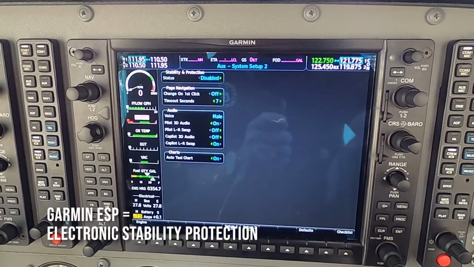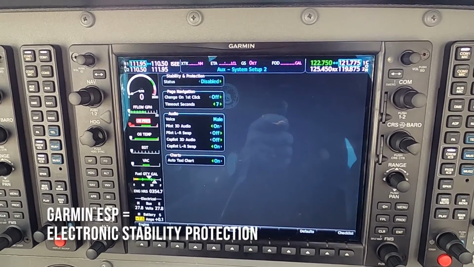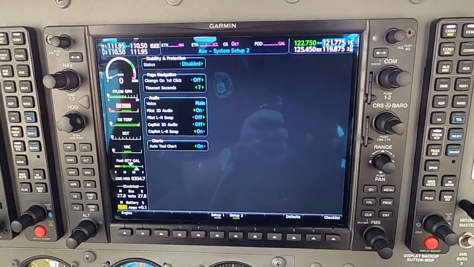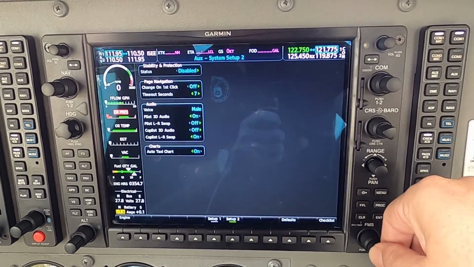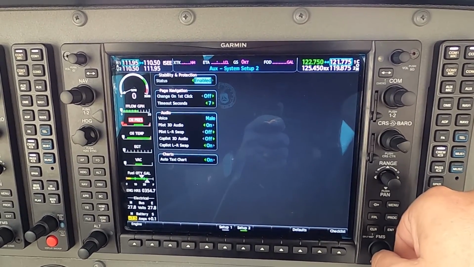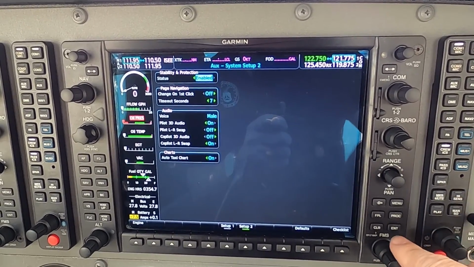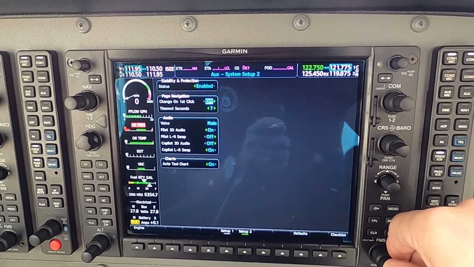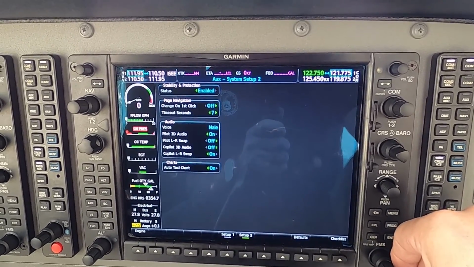Right now it's disabled. That keeps us from overbanking or pitching the aircraft. If we want to enable that feature, we push in on the knob, rotate the small knob to enable, and then hit enter. We push the knob again to make the cursor disappear,